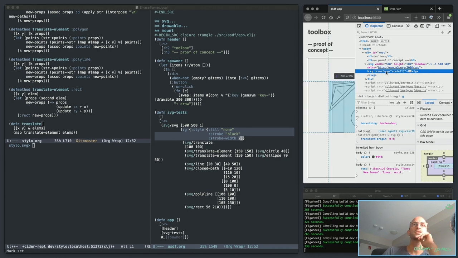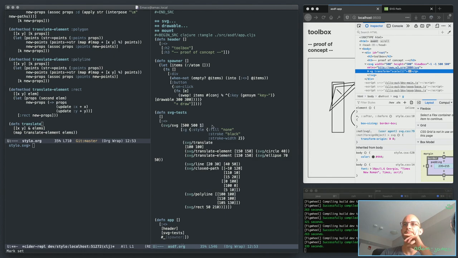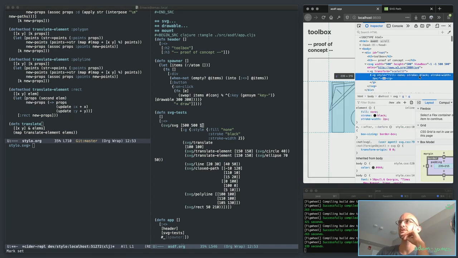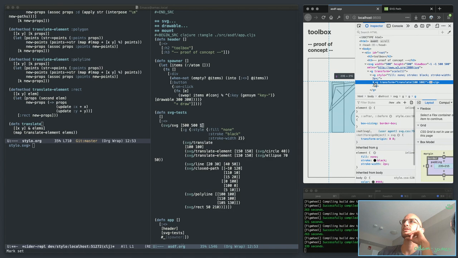This is still related to this scale, which is probably something I should work on, but for the time being, I'm going to leave it be. For right now, that's fine. So there should be another G tag right in there that has the color styling, fill none, stroke black, which is this here. And now inside it should be, oh, that's too bad. Okay, so I do indeed have,